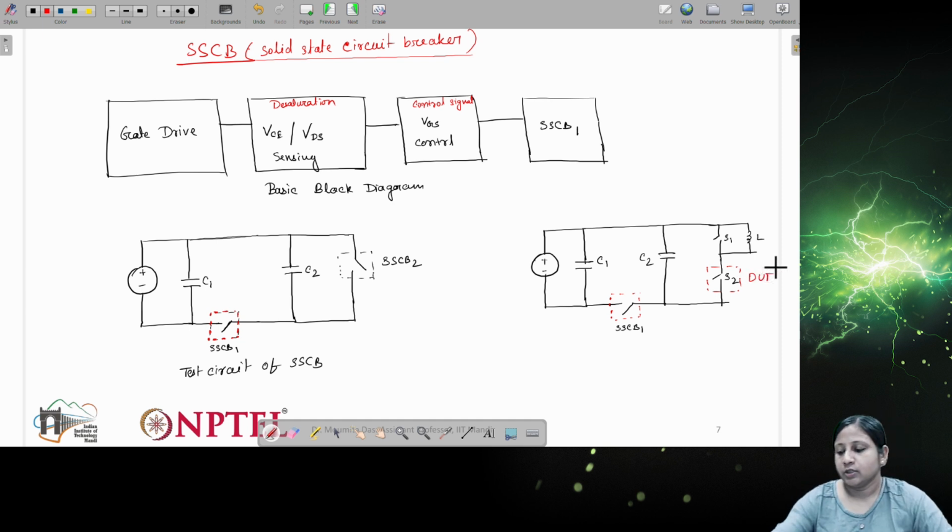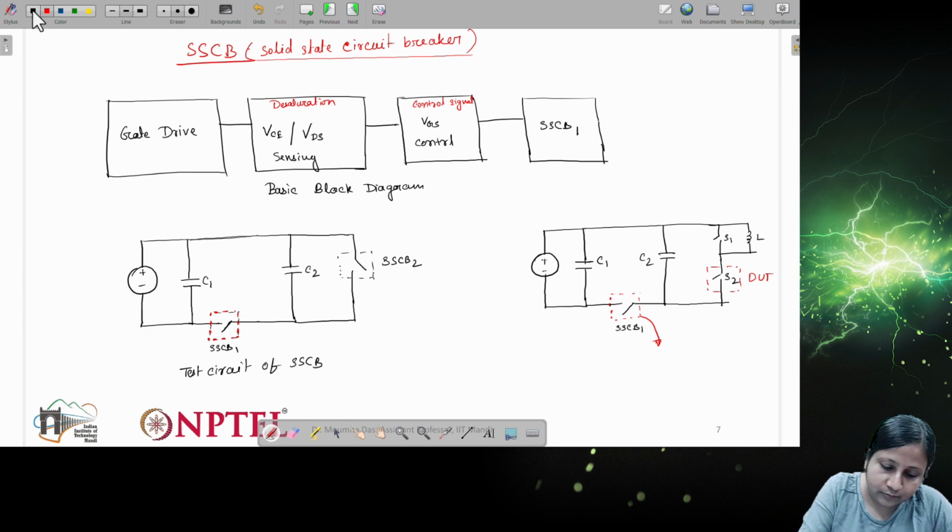Now, whenever there is a fault, if any faulty condition is happening, then in that condition SSCB1 will disconnect this input power source.